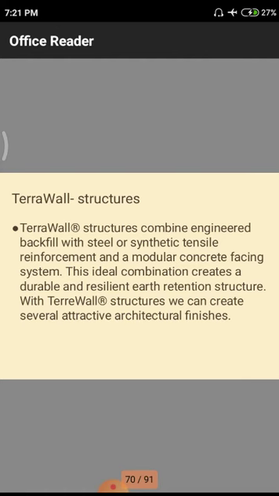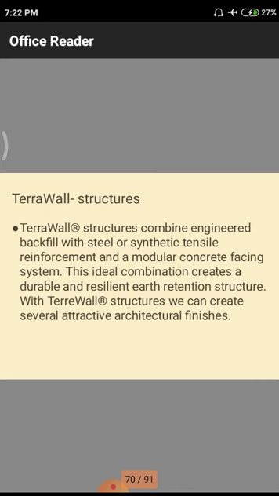Normally, when we are going to design a structure with some quantity of backfill, it doesn't require engineering knowledge. Simply, whatever area they have, they multiply with some height, and they get the particular volume of that area. According to that volume, they fill with whatever materials are available in those particular areas and nearby areas. But in case of these terra wall structures, we have to apply our engineering knowledge with these construction practices. Why? Because those are